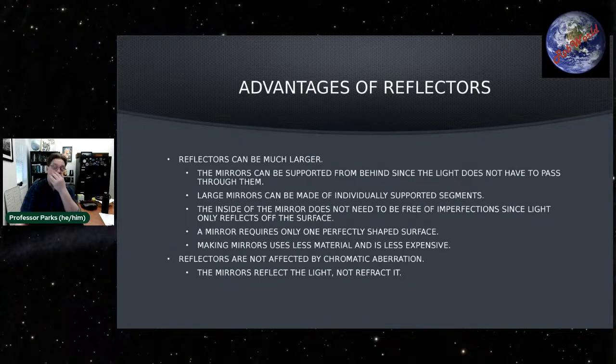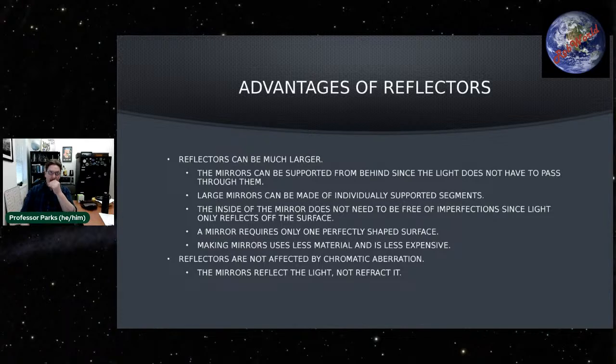Advantages of reflectors. Reflecting telescope, obviously the mirror can be supported from the back, which means that you can theoretically build as large a telescope as you can think of, as you can manage. You no longer have flexure or gravity playing a major role or being a limiting factor in this case. So you can build as large a mirror as you can.